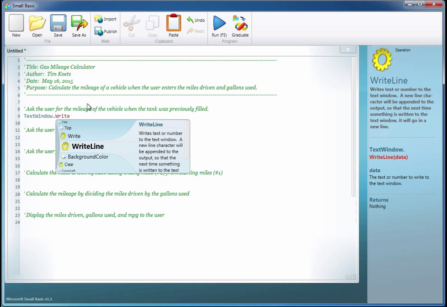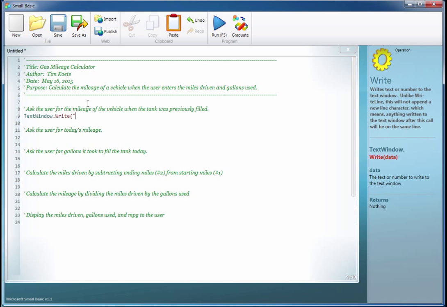We don't want that to happen in this case. We want the cursor to stay on the same line because we want the user to answer the question on the line it was presented. So instead of using WriteLine, we're going to use Write. And what you do is you put the open and close parentheses followed by two sets of quotation marks, and then inside of those quotation marks you put your question, which in this case it'll be